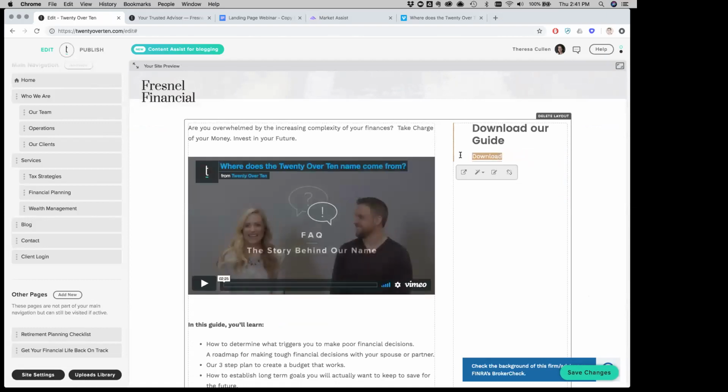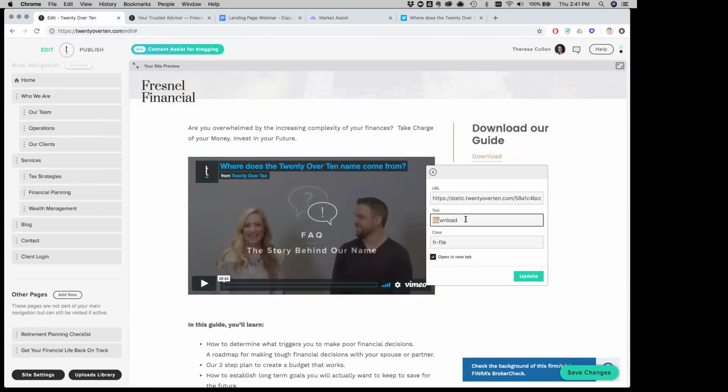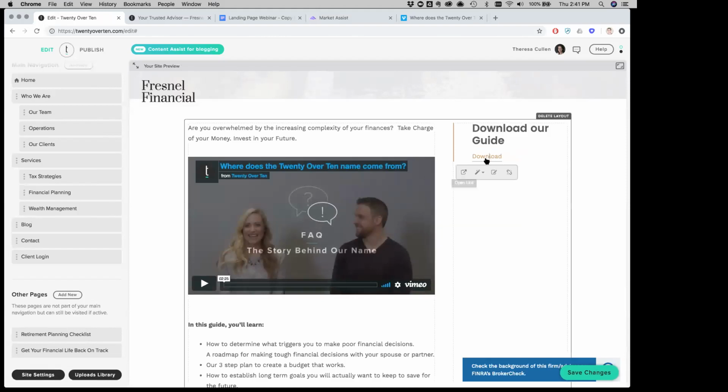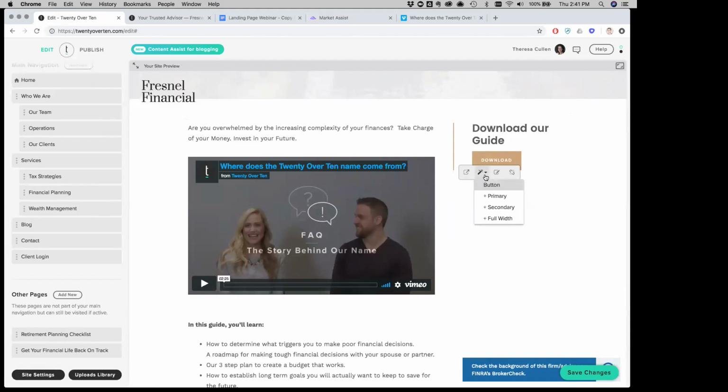Yeah, so real quick again, with any link that you have, when that link is on the page, simply click the link and you have the ability to edit the link. So that would be things like the display text and how it opens. Or when you click on any link, you can go to style and you can click button, right? And that styles it to look like a button. And then there's some styles as buttons, right? So you can make it a primary button or a secondary styled button. And of course, if you want to make it the full width of the column instead of just the word, you can do that too.